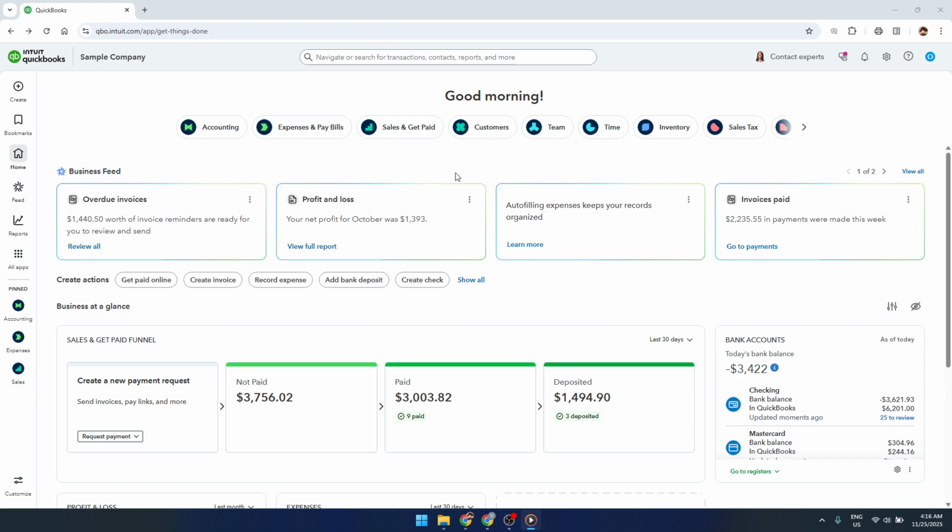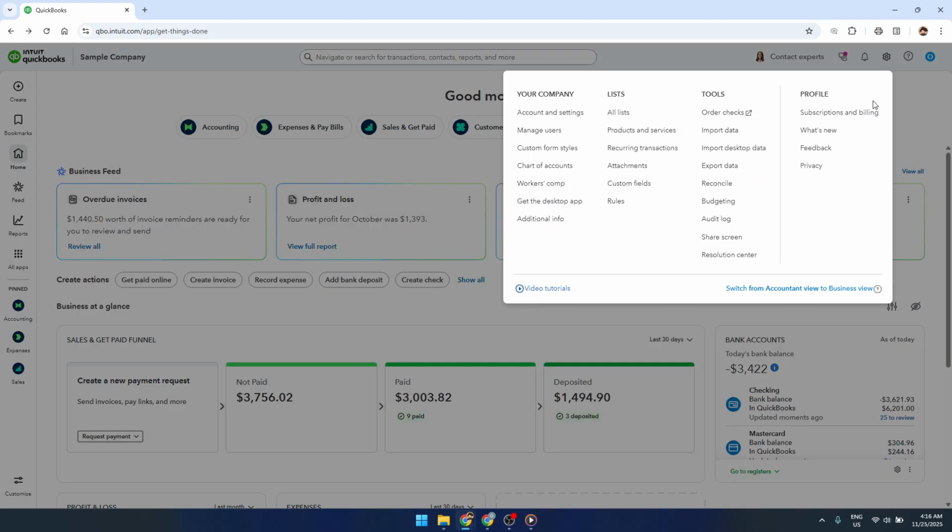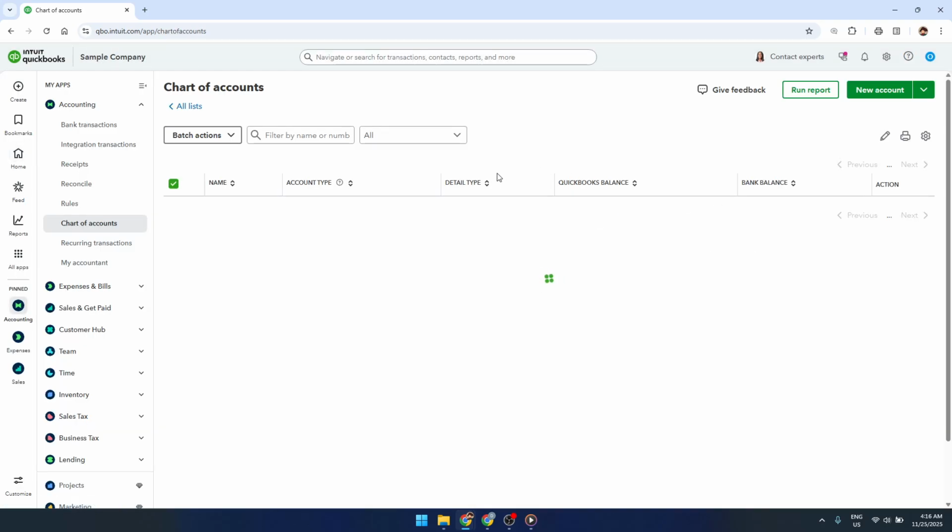First, sign in to your QuickBooks Online account and head to the main dashboard. From here, look for the Settings option. This is usually represented by a small gear icon in the upper right corner of your screen. Click on that, and from the menu that appears, choose Chart of Accounts. The Chart of Accounts is simply the list of all your accounts in QuickBooks, like bank accounts, credit cards, and